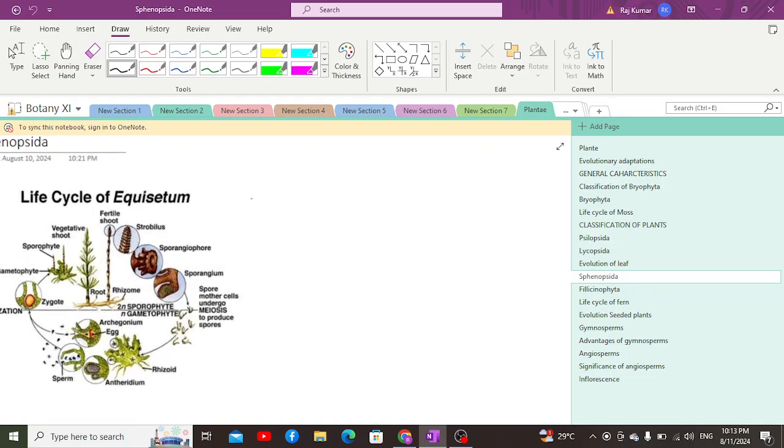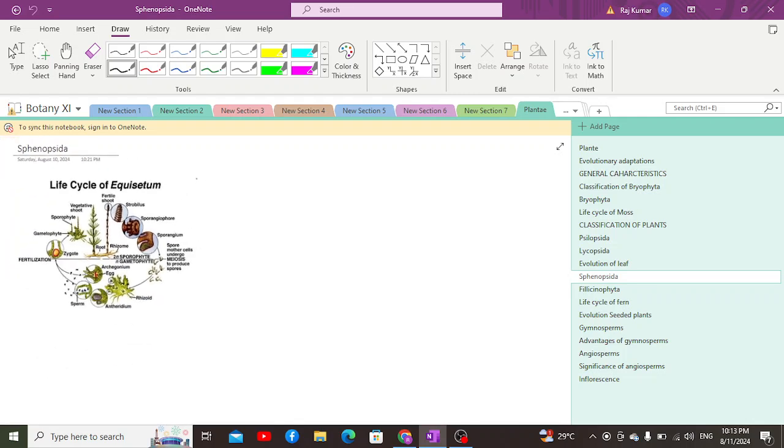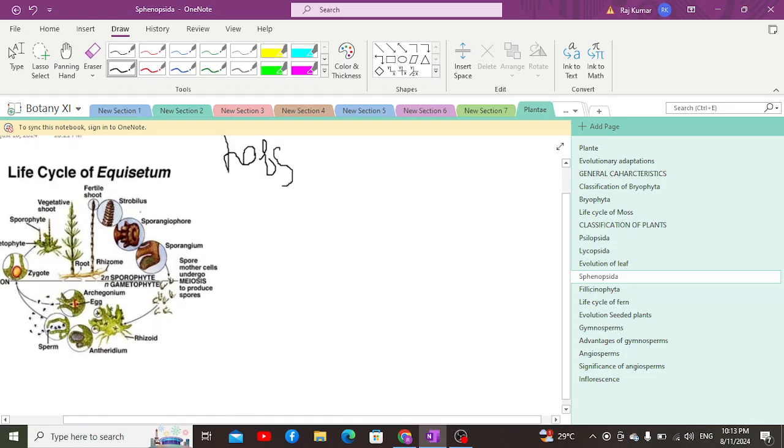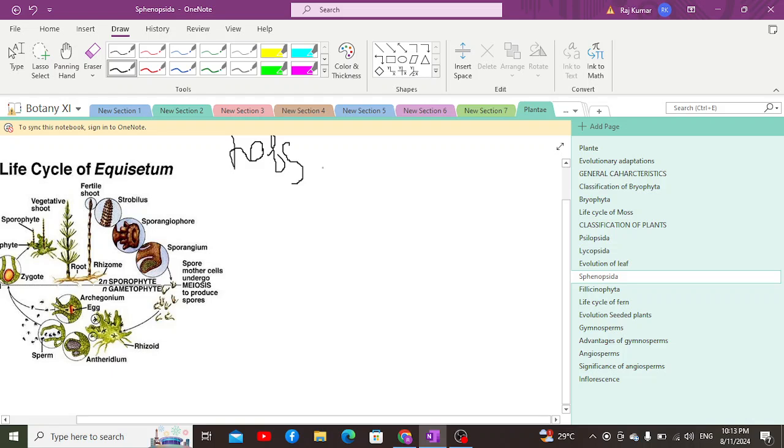Over here, we are just going to delve deeper into their characteristics. These are also known as horse tails, because their strobili look like the tail of a horse, due to which we consider horse tails as their nickname. Now, when it comes to their structure, like Lycopsida, they have an underground stem which is known